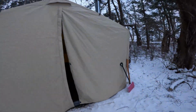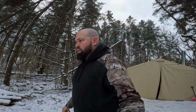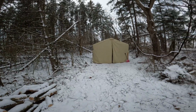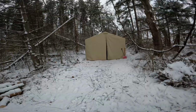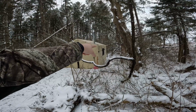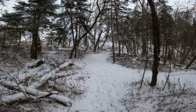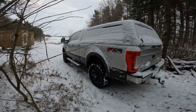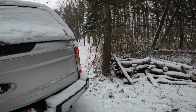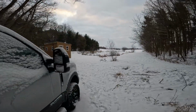Just for a little reference, this wall tent is 10 by 12, and the cabin that I plan to build is 8 by 12, and it's going to go in that same exact spot. But one end will have a picture window on it, and I think it's going to be the wider or the longer end. And I think it's going to be basically where the black window outline that you can see is going to be overlooking the woods. But one question I had for my viewers is the picture window, if you would rather overlook this pond